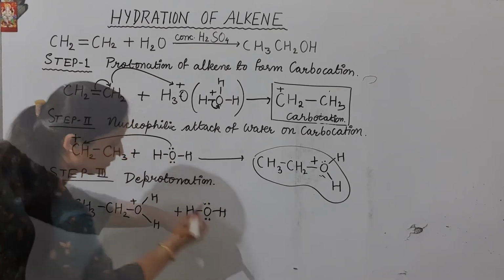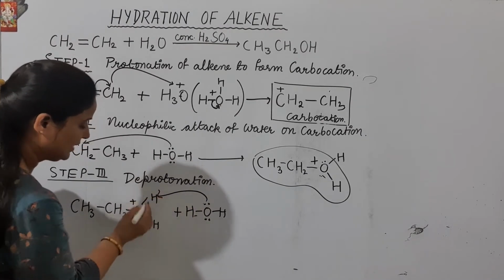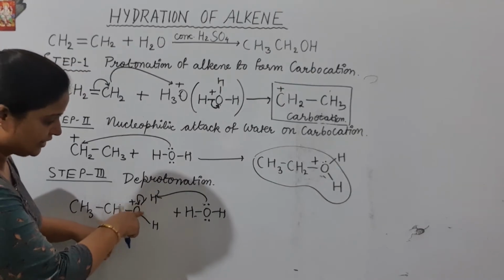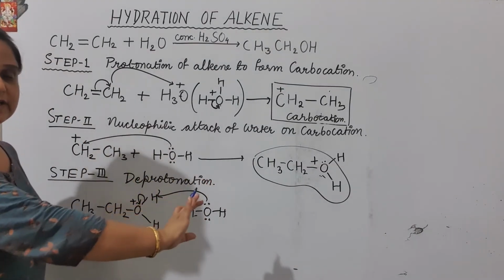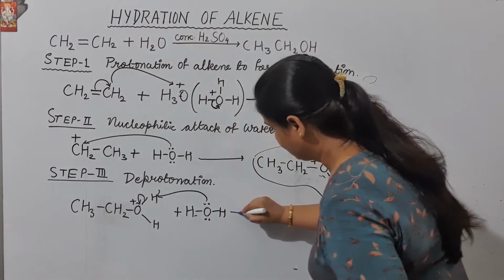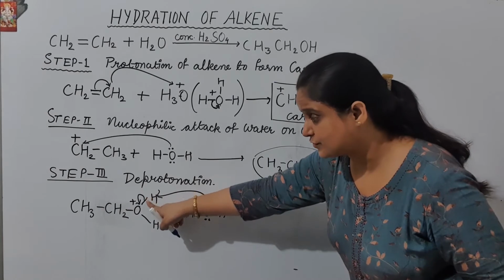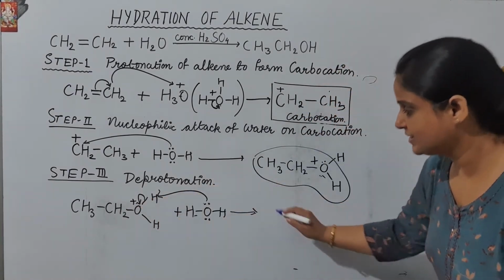having lone pair in it. Now this is going to attack on hydrogen, and this hydrogen will give its electron to the oxygen, will get shifted, and hydrogen will be moved out in the form of H plus ion. So can you see there what will be formed? H2O will attack on the H plus, which is formed by the shifting of its electron towards the oxygen. So let's see what happens.